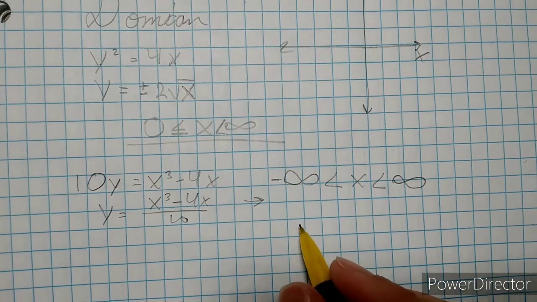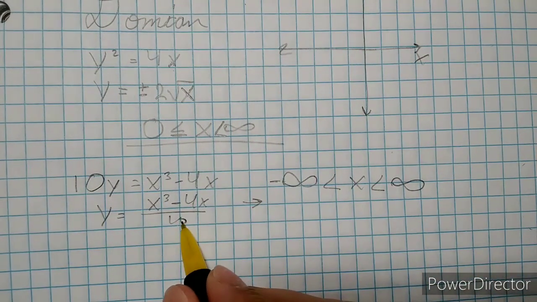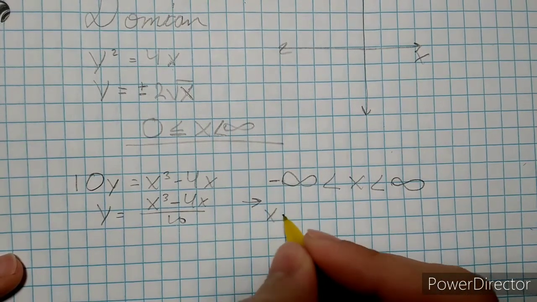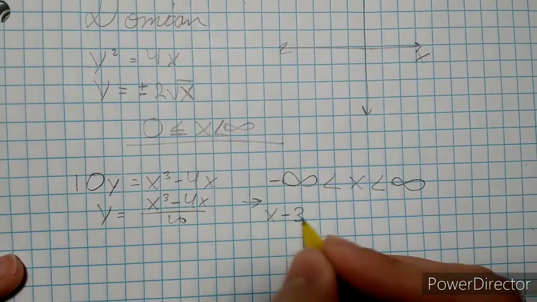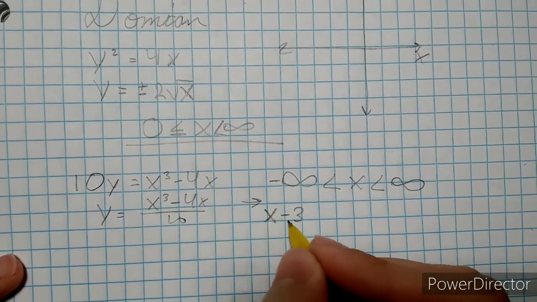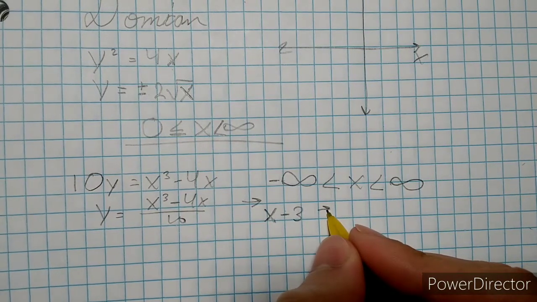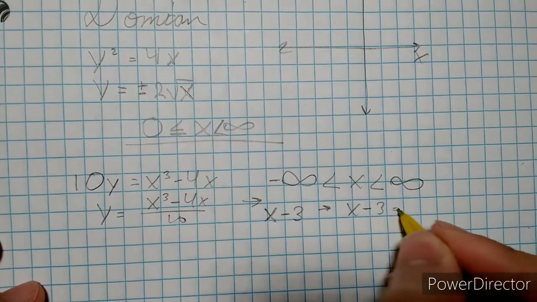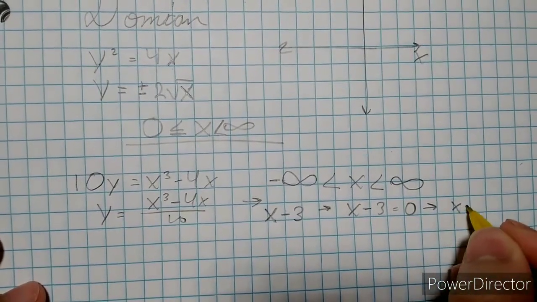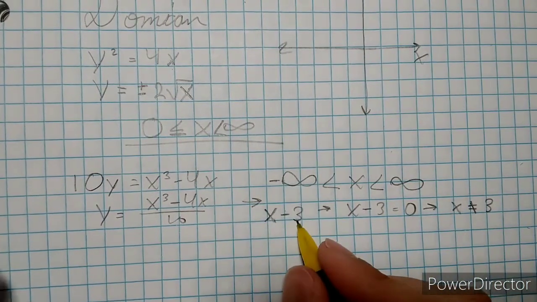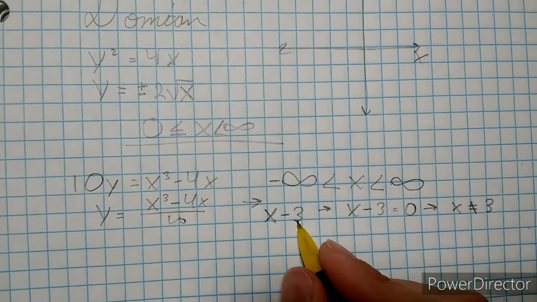X can be anywhere. If we had a variable in the denominator here, let's say our x was in a denominator, then we would have to think, well, what would make our denominator 0? Like, for example, our denominator was x minus 3. X minus 3, that was the denominator, right? X minus 3. Well, in that case, we would say, well, what would make our denominator 0? So we set x minus 3 to 0, and we solve, well, x cannot equal 3, because if it was, then we have a 0 denominator, that would give us undefined value,